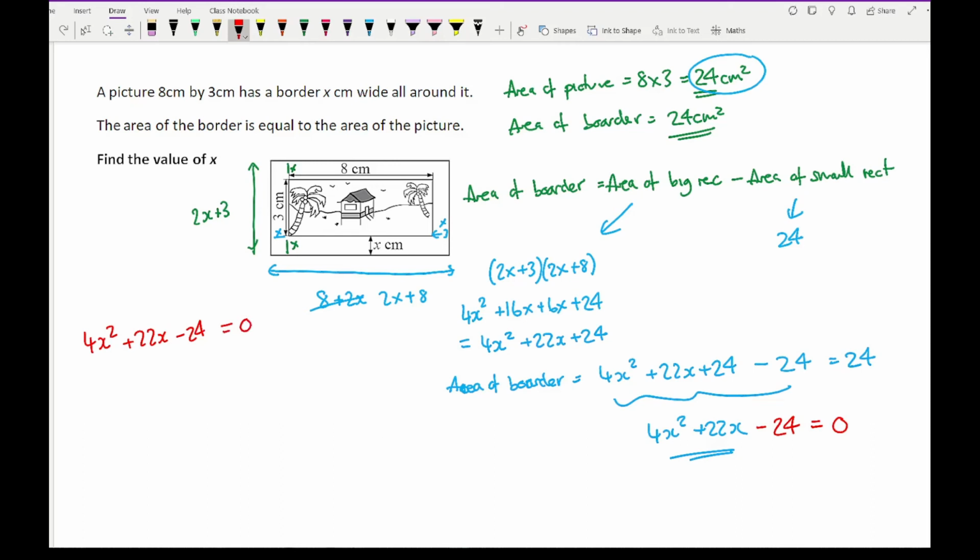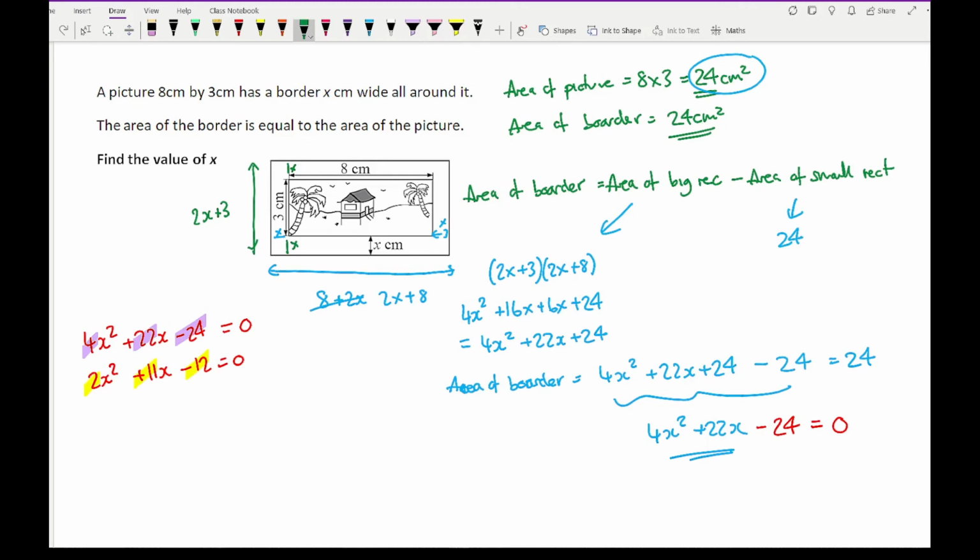Now to save us looking at big numbers, what I could do is divide both sides by 2, so that gives me 2x squared plus 11x minus 12 equals 0. So now I'm just dealing with small numbers. However, it doesn't really make a difference to the final answer, as long as you're using these coefficients or those coefficients,